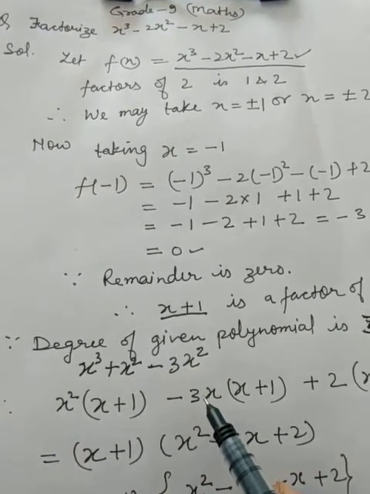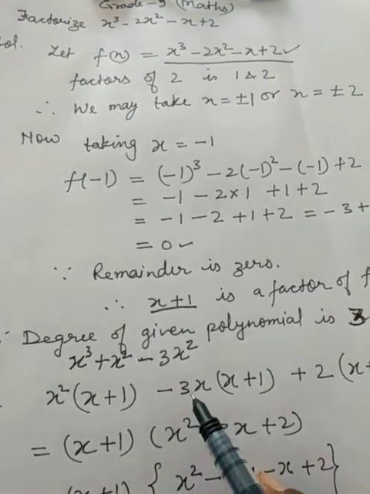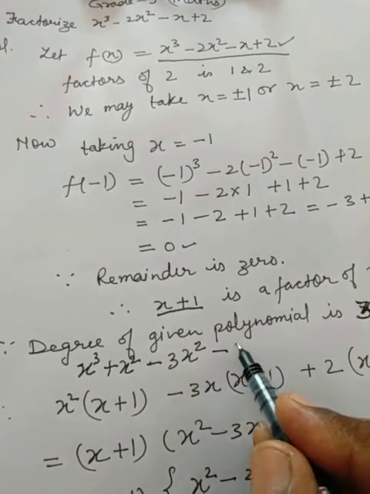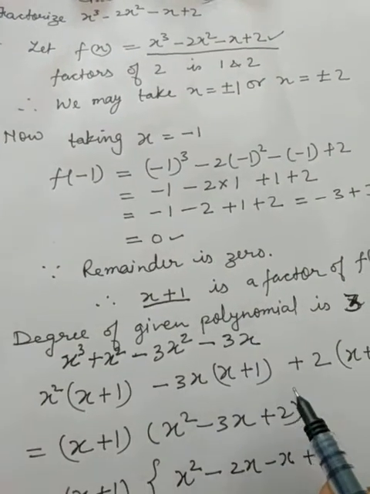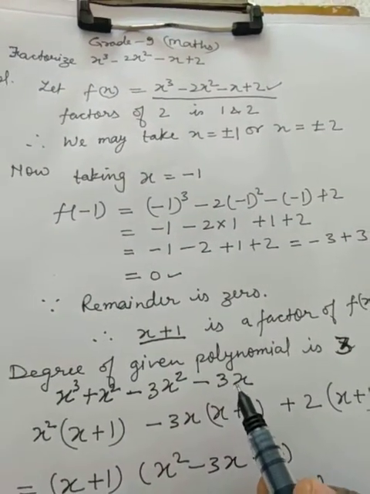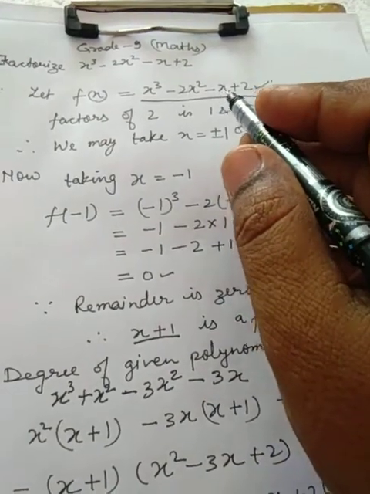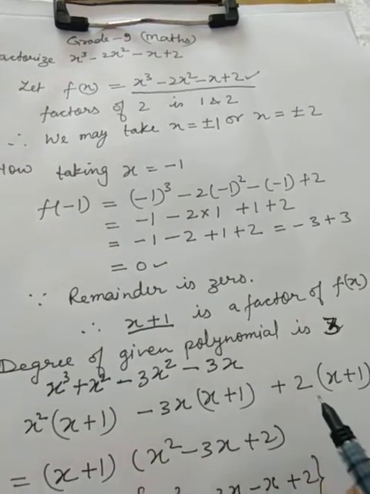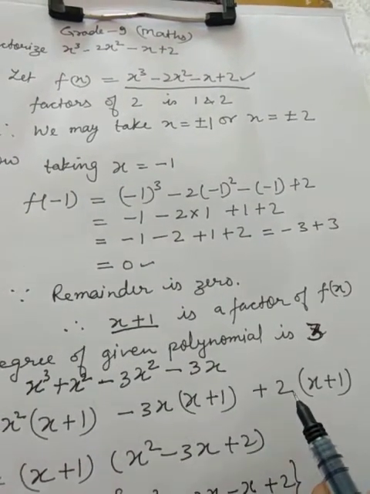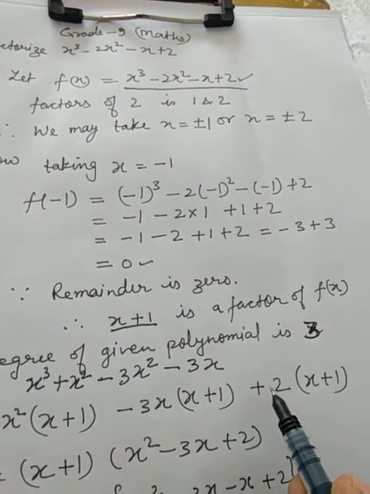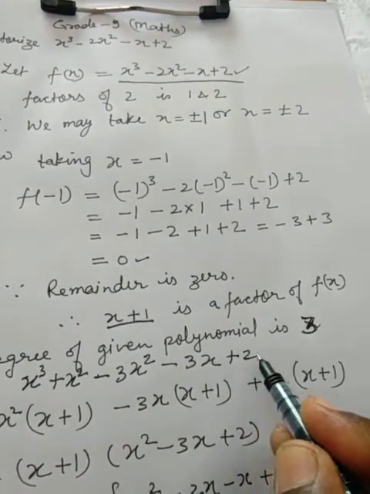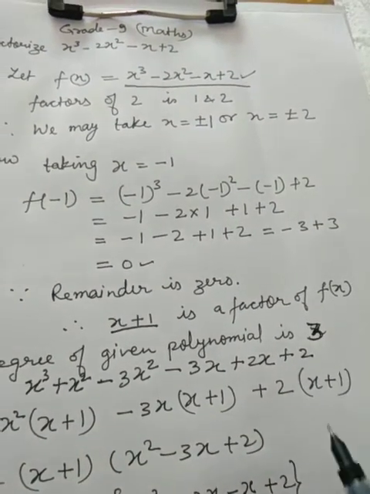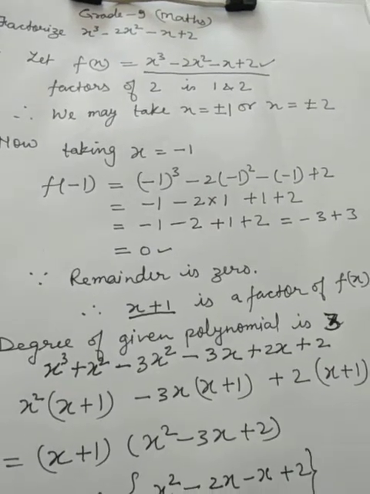That is why I multiplied the second term by minus 3x, and again multiplied this one also by minus 3x. So, this is minus 3x. Now we are having minus 3x, and as per the question this should be minus x. To make this minus 3x as minus x, there is a need of plus 2x. So, we will multiply the next term by plus 2. When we multiply this by plus 2, this will be plus 2x, and the last term will be plus 2. Means the last term will be adjusted itself, no need to adjust that one.